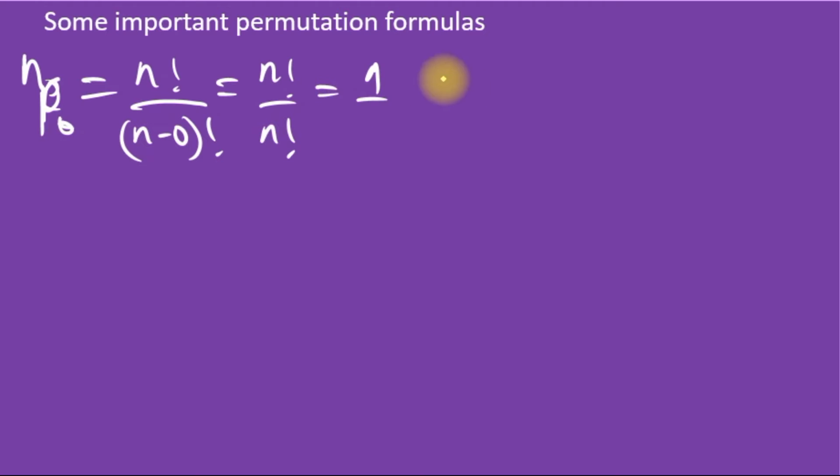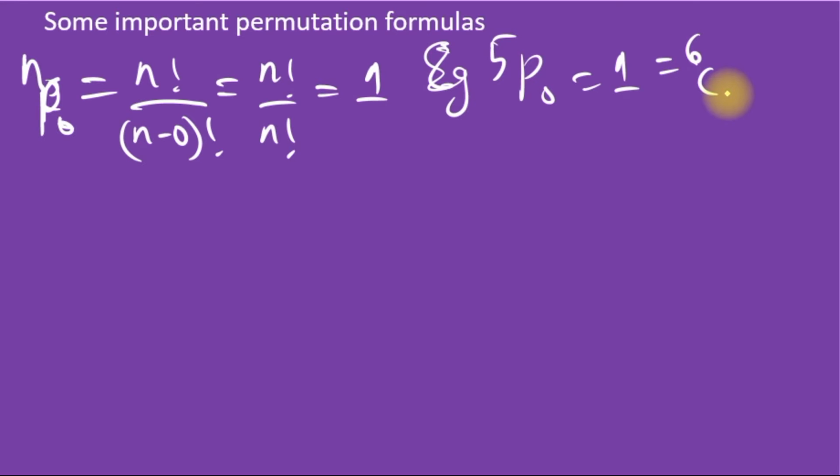n permutation 0 is 1. Example, 5 permutation 0 is 1. 6 permutation 0 is also 1. It doesn't matter what n is, it is always 1. So this is the first one. This is very, very important. So the second one,